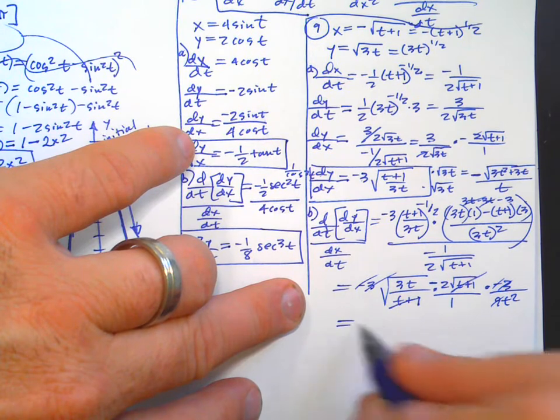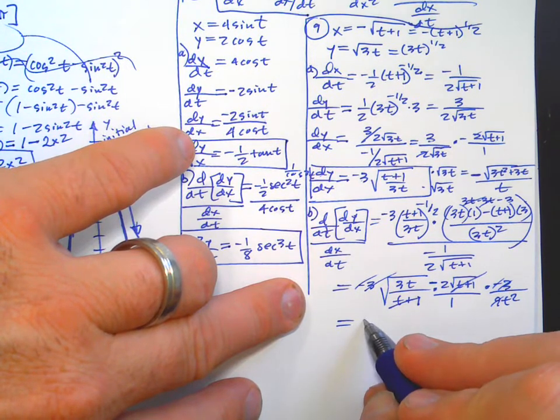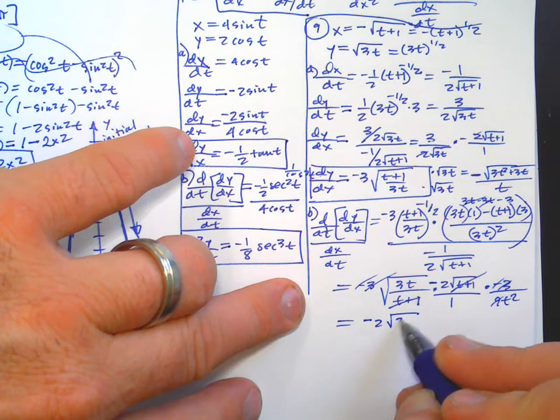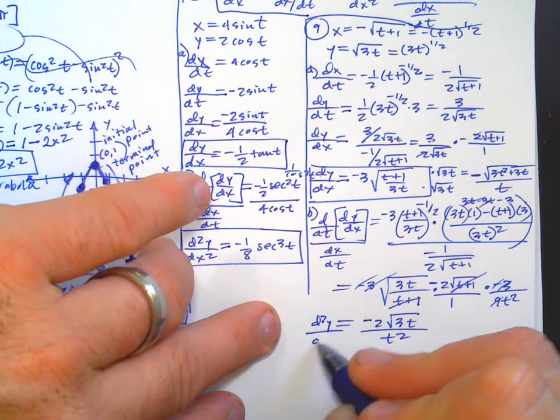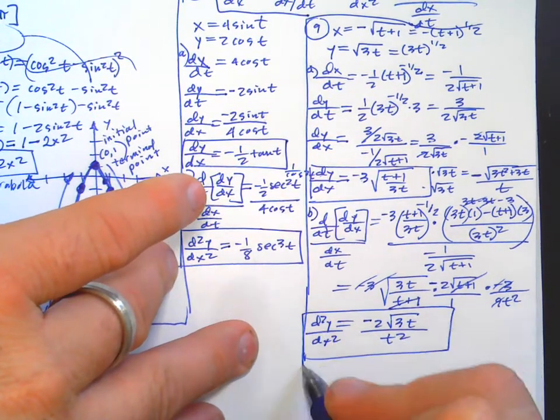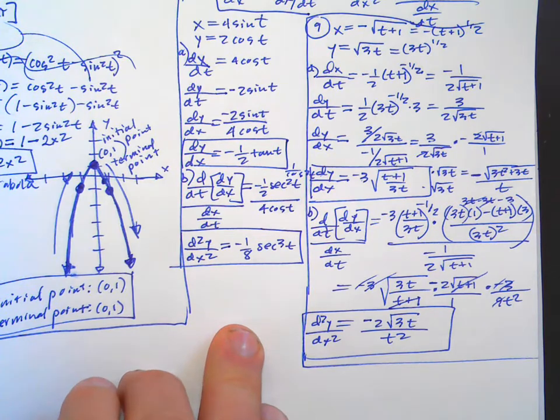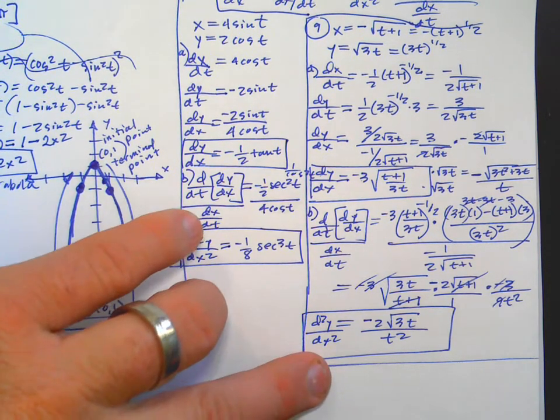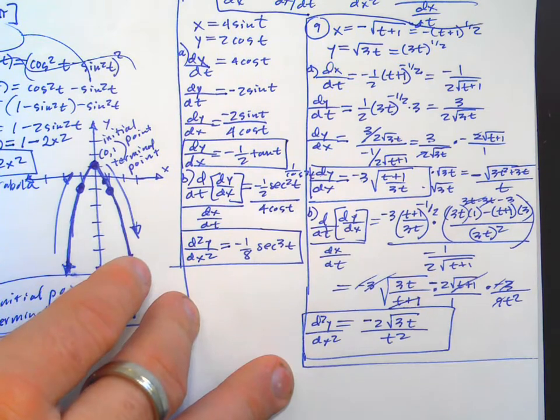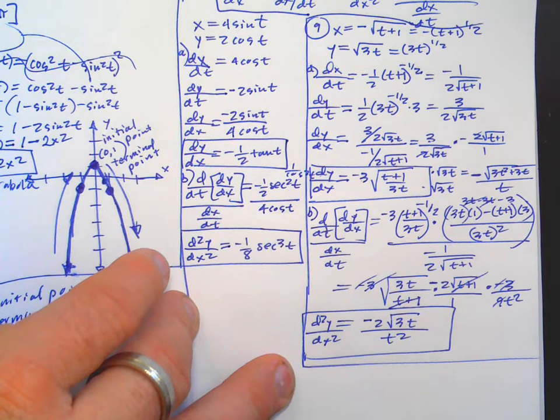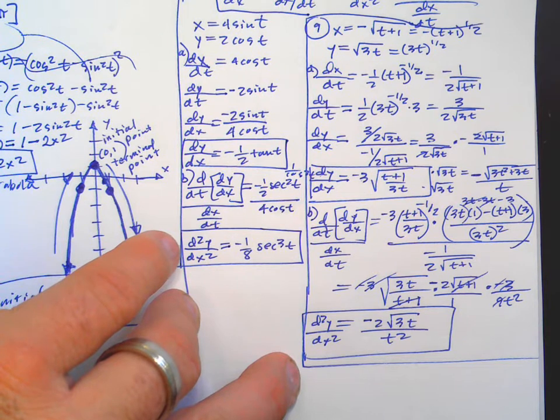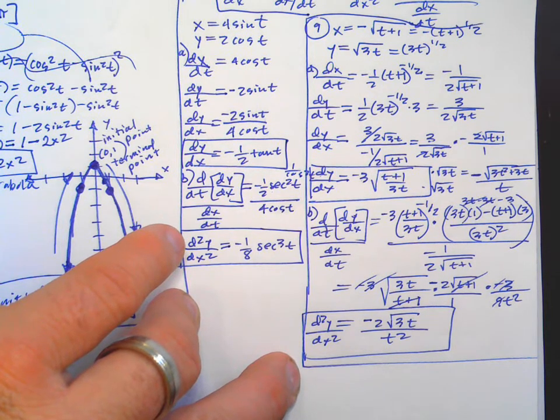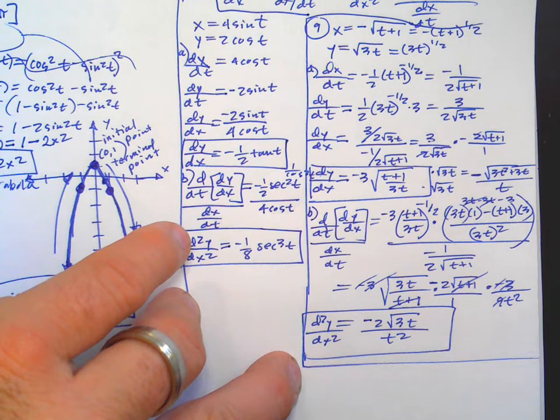So I think we're to the negative 2 square root of 3t over t squared. I guess it got a lot better than I thought it could, but I don't know if I'm still missing something. My answer looks like I shouldn't have the 2 there. Should the 2 have got away? I don't see where the 2 should have gone away, but